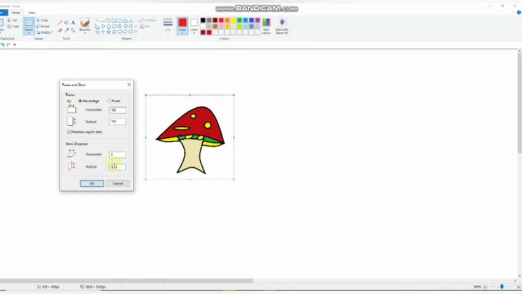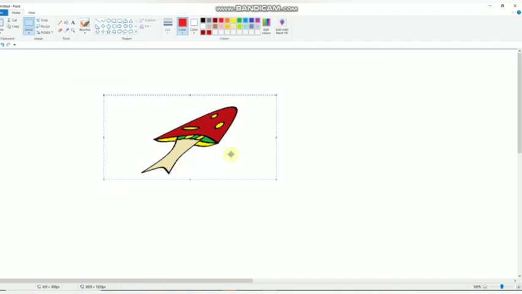Then click on OK. So if I write here 45 and then click on OK, you can see the changes. See here, the mushroom is horizontally skewed. So like this, you can skew the drawing.